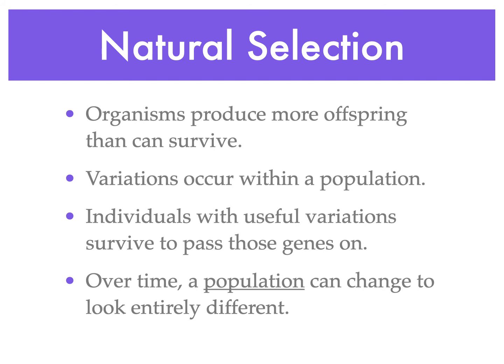It is totally natural. No matter what you do, if sexual reproduction is happening, right, meiosis is happening, recombination is happening, you have tremendous variation. Okay? And that allows individuals with useful variations to survive long enough to mate and pass those genes on. So what happens is over time, a population can change to look entirely different from the original, and we can look at it and go, oh my gosh, that no longer looks like the original thing,